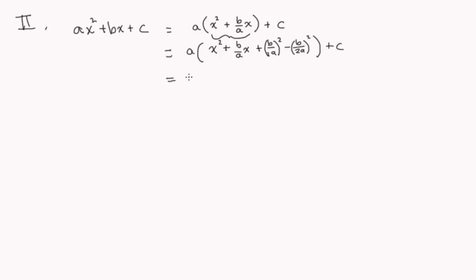So now the idea is that I find a perfect square, namely x plus b over 2a quantity squared. That's the result of this perfect square. So what do we have left? We still have plus c, but we also have this a times this quantity here, which simplifies to be minus b squared over 4a. Once I have successfully completed the square, the strategy is going to be to let u equal this quantity